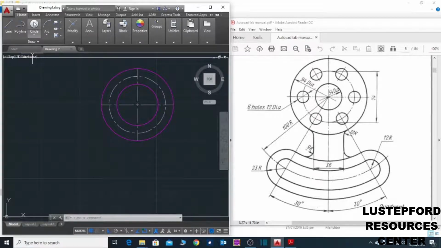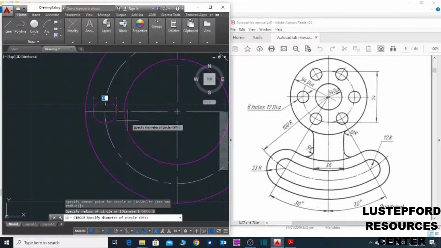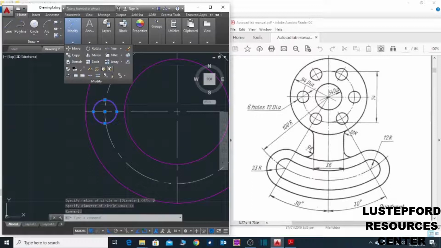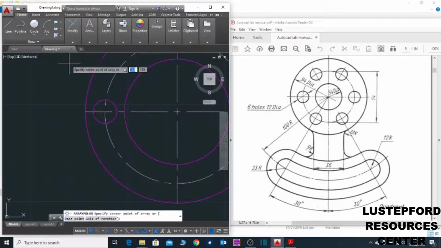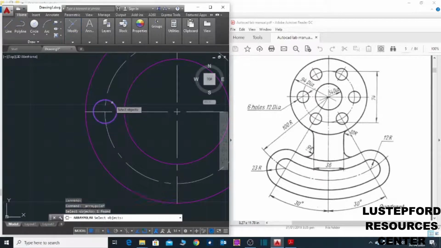So what we do, you draw a circle, select this point, right click, select diameter 12, select this, go to modify, go to array, select polar array. I'll select this.